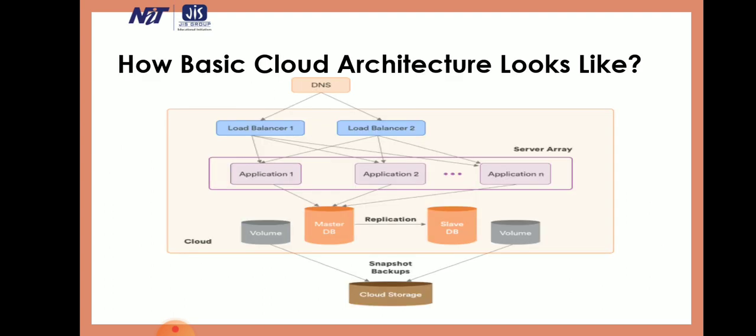This is the diagrammatic representation of what basic cloud architecture looks like. The basic cloud architecture is a three-tier architecture. The architecture consists of three major tiers: load balancer server, application server, database server.